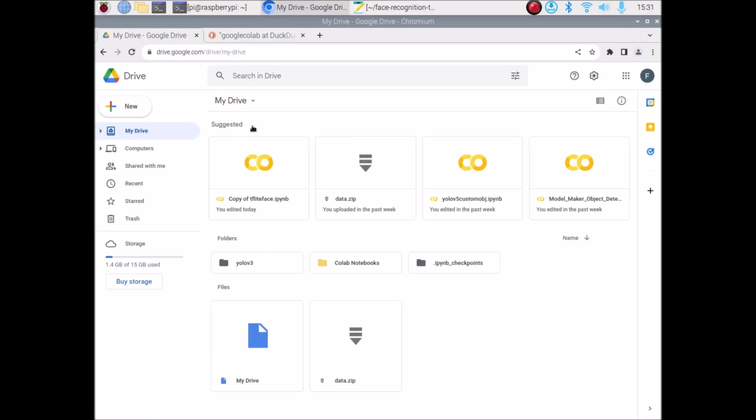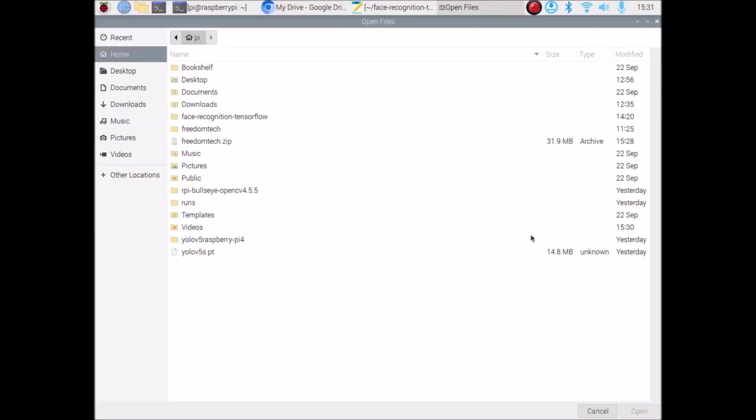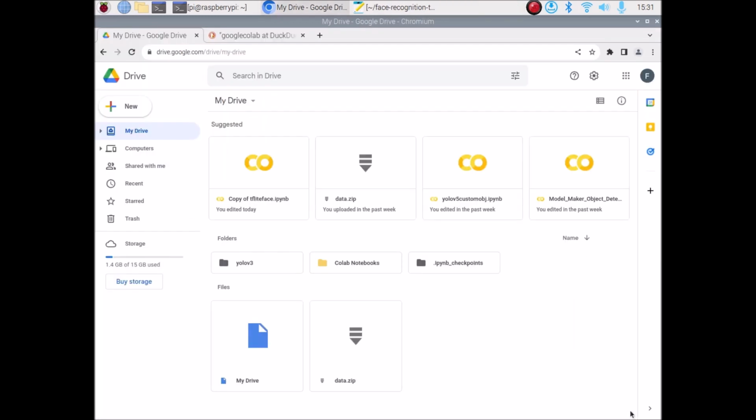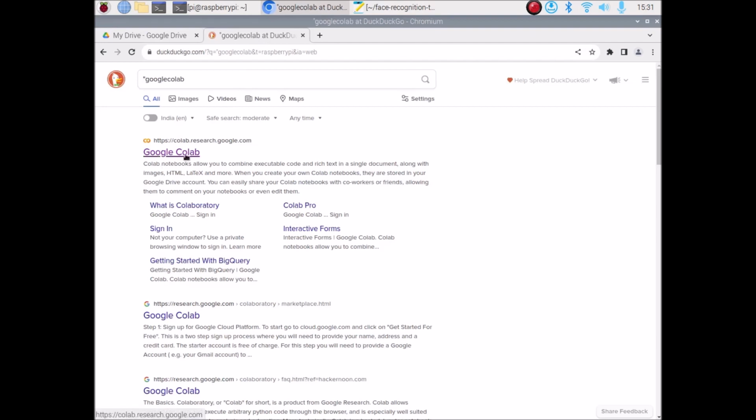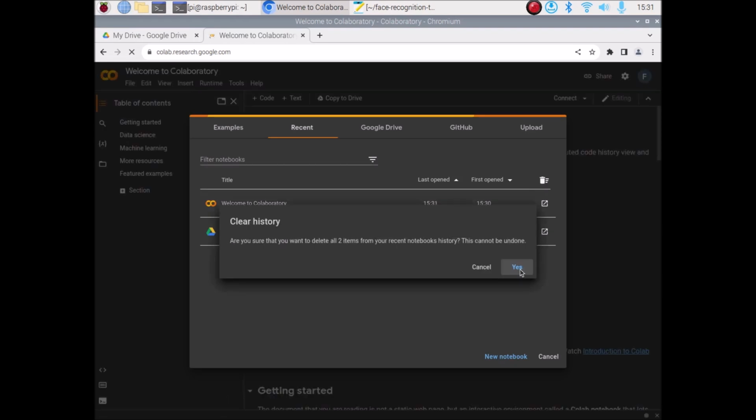So friends, as you can see, I have opened my Google Drive, my drive. Here right click, click on file upload, and we are going to upload our freedomtech.zip file. Select it, click on open, and now it's uploading our zip folder to our Google Drive. Meanwhile we are going to open our Google Colab. Click on here, and then I am going to just delete all old sessions. So let's click on the recycle bin over here, click on yes,